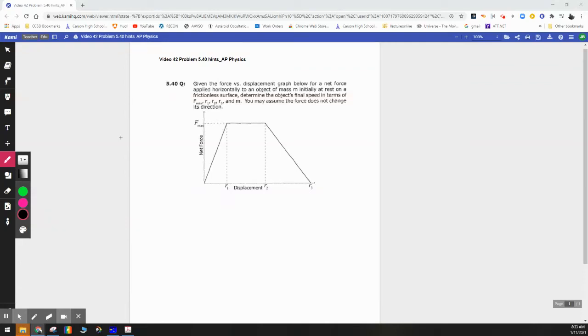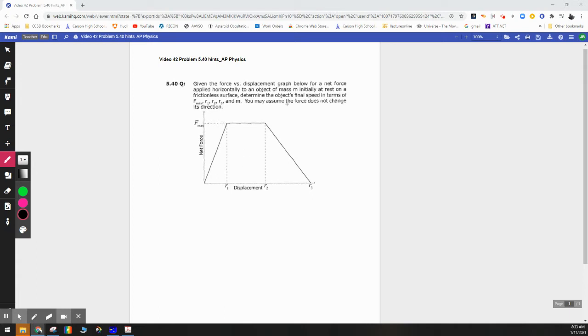Wanted to go over problem 5.4, which is in video 42. Give you guys some hints on here, and also talk a little bit more about force and displacement and the cosine of theta. All right, so in this problem, you're given a force versus displacement graph below,